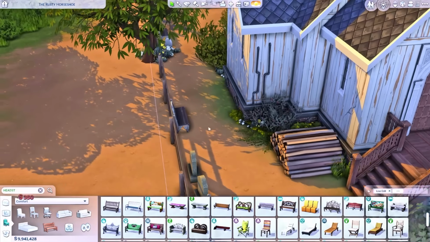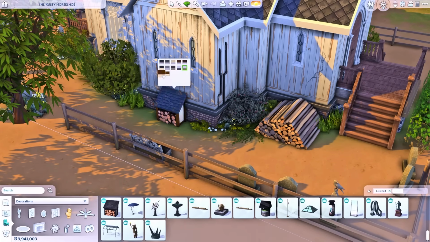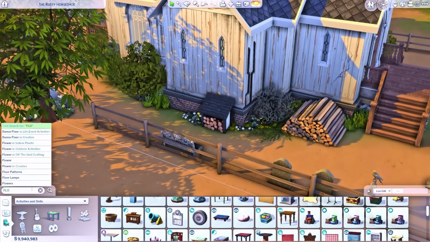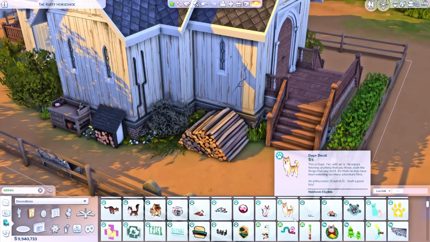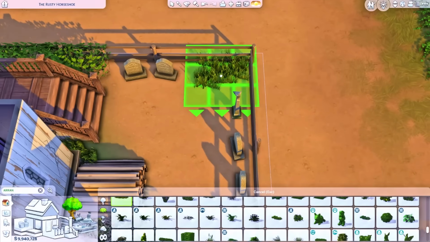Now I must admit, I was a little bit stuck on how to lay out the graveyard portion, because I wanted it to be good for gameplay. I wanted it to feel like your Sims could actually come here, sit in front of a tombstone and grieve, whether it be a family member, a friend, a relative, whatever it is. I wanted your Sims to actively use it,